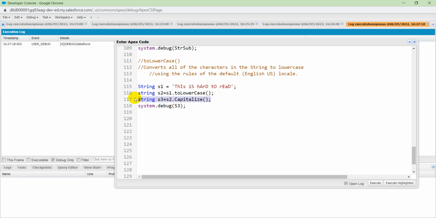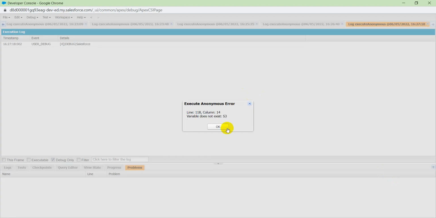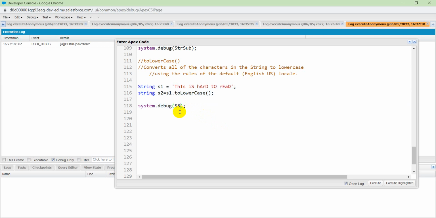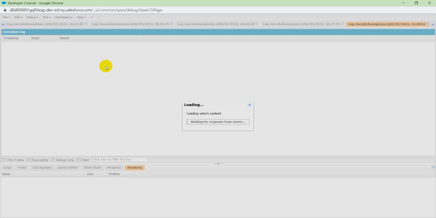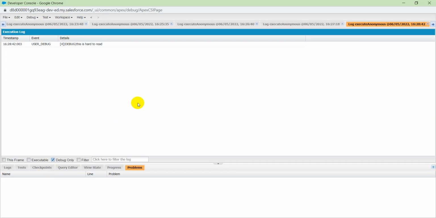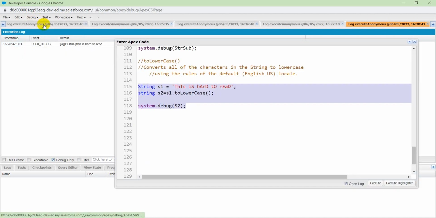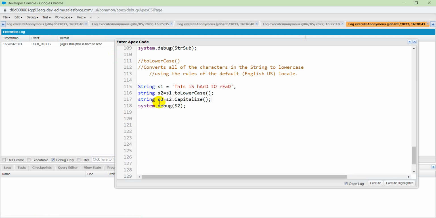Then if I cut this one and execute it, sorry, it doesn't exist, it will be 2. As you can see, all characters changed to lowercase. If I put here this one, another string which is capitalized,